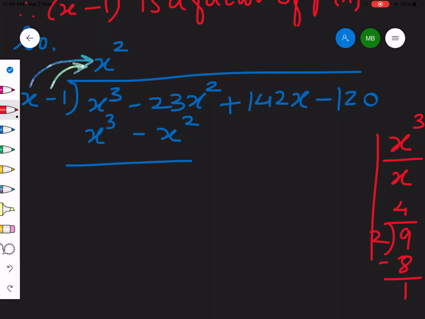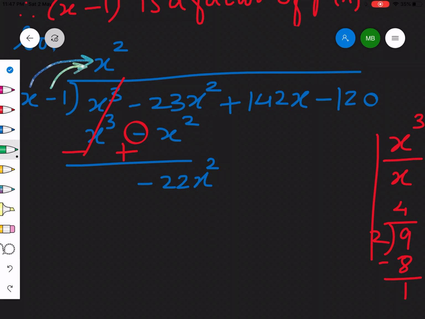You have to subtract, and for subtracting the polynomials, as we know, the signs will be changed. This x cubed is positive, so it will become negative. The x squared is negative, so it will become positive. And here, this can be cancelled. Positive x cubed and negative x cubed cancel. In division, this will always happen, that the first term will always cancel. If it does not, we are doing something wrong, right? And minus 23 x squared plus x squared will give us minus 22 x squared.